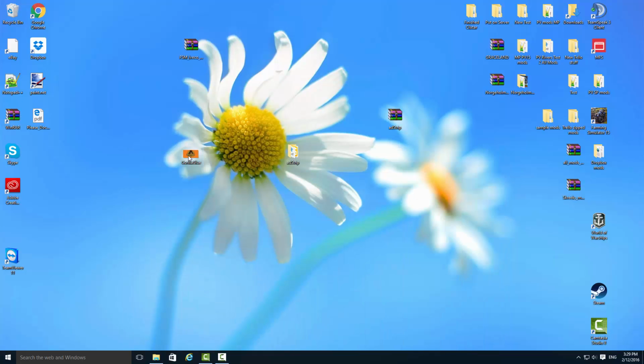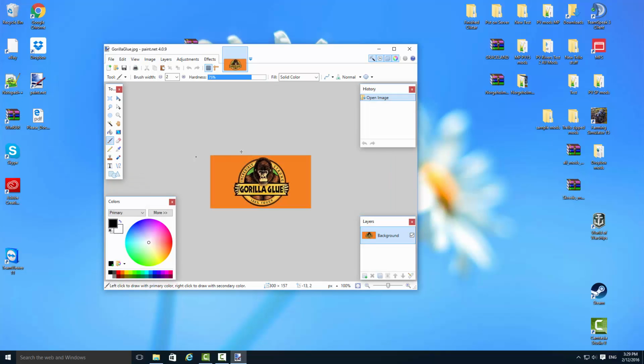I already got a picture because I'm thinking about redoing the glue. So download whatever, open it up. I use Paint, so I'll open this up in Paint. I'll resize the image